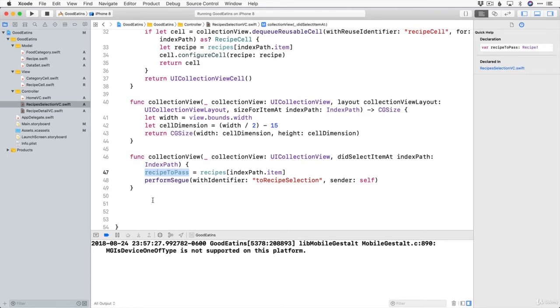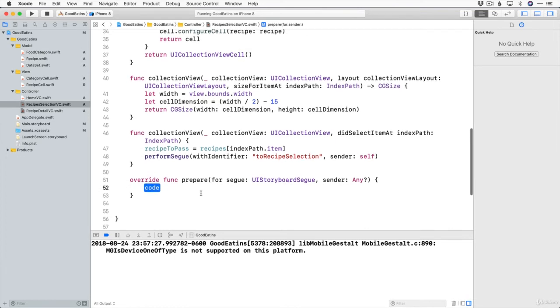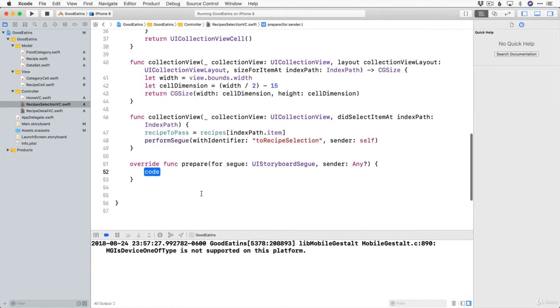Then we're going to start the segue. But before we actually do the whole segue, we are going to call prepare for segue. This is called right before we actually move from view controller A to view controller B. So this is where we can actually set the value of our empty variable on the other side. But first we need to get a reference to the view controller on the other side, and we do that by saying if let detailsVC is equal to